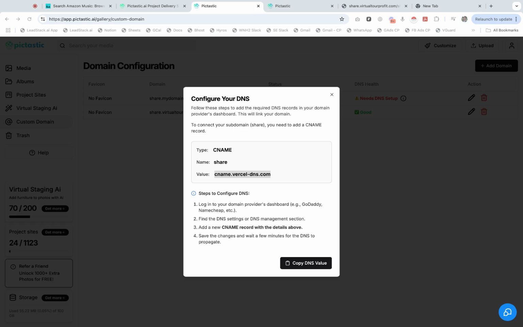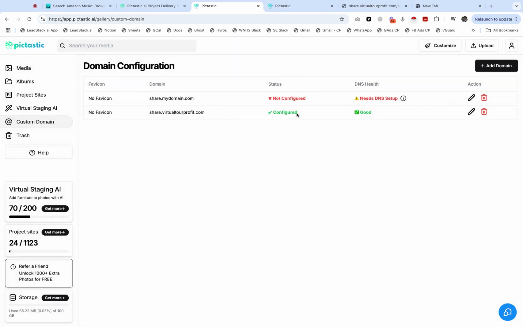These records right here, these types are A records. It's not the right place. These types are CNAME records. Okay, cool. I'm in the right place. I need to look and find it somewhere though. So where is it? Oh, there it is. Share. So it's a CNAME record. It's called share, and it points to this URL. Once you do that, you will click save, and then it will say 15 minutes later, configured, and